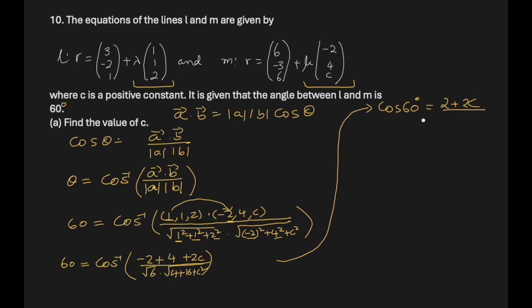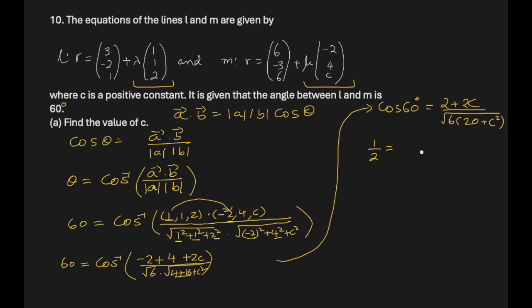Here it will be square root 6. Let's write everything inside a square root. So 6 multiplies with this one, 20 plus C square. I hope you understand the mathematical rule that when two square roots are multiplying, both of them can multiply inside a square root. So cos 60 is half,